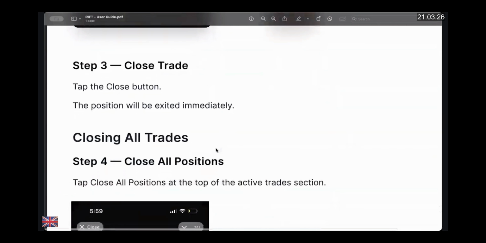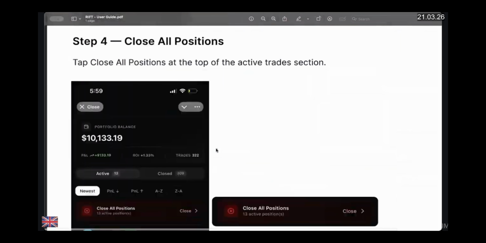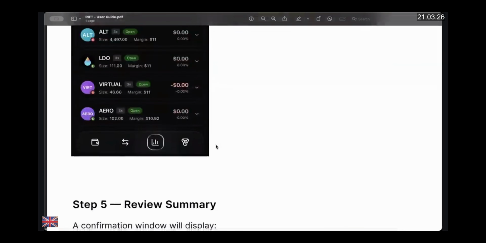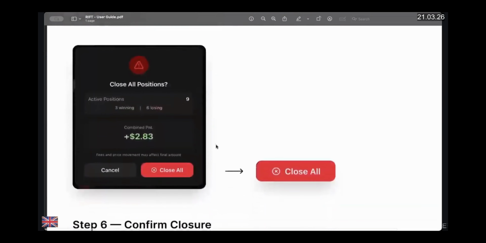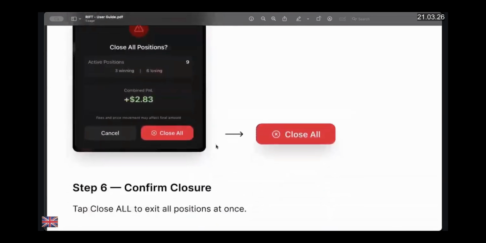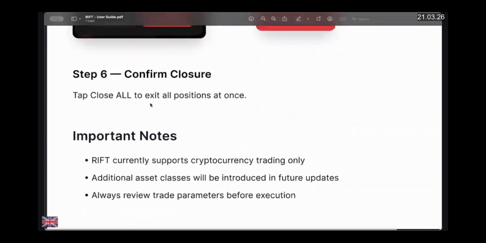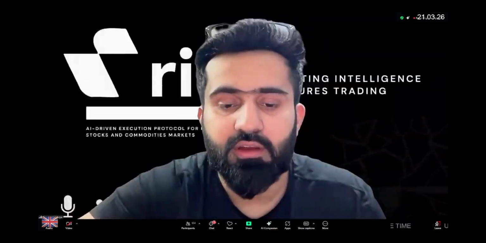And you can close all the trades as well if you want to just get away with the profit, whatever profit you have generated out of multiple positions that you have opened. The whole unrealized consolidated PNL is displayed once you close all the trades, and you can do that with one click instantly. And once you confirm, all the positions are closed at once. So this is how Rift works. I think,